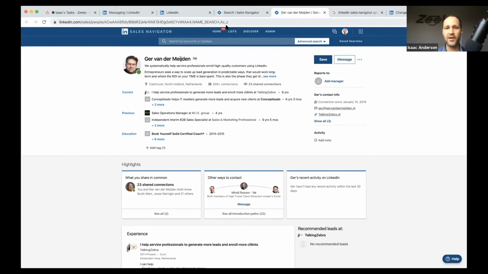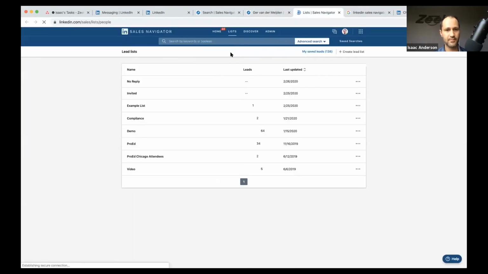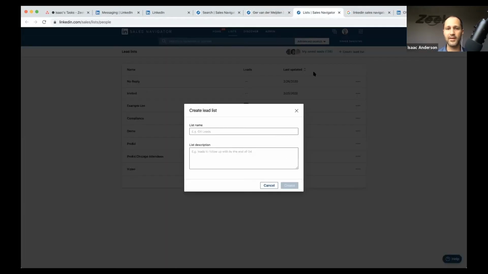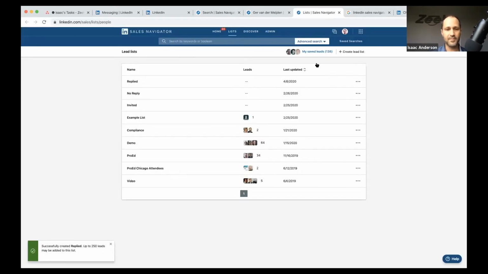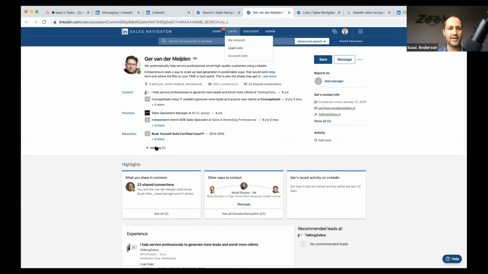So that's tags. If you're not familiar with lead lists, let's go to lead list here and then create a list. You might do invited, or replied, or converted, that kind of thing. Let's go to, do I have one for replied? No, I don't yet. Replied. So what we've been doing is adding an invited tag. I'd say I invited Jerry to connect, so I'd add invited, thinking moving forward that tags are really scalable because there's not a max that I've encountered.